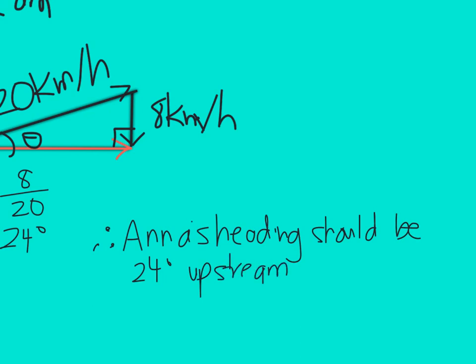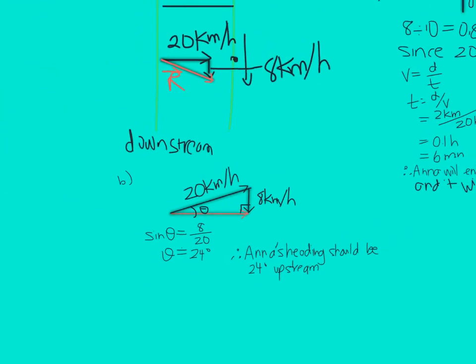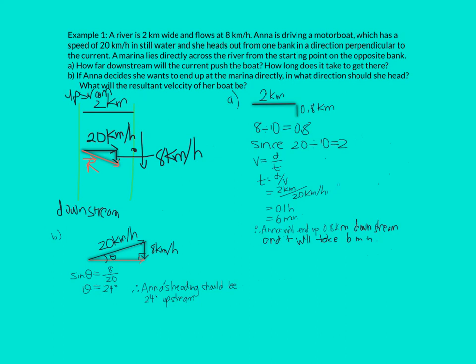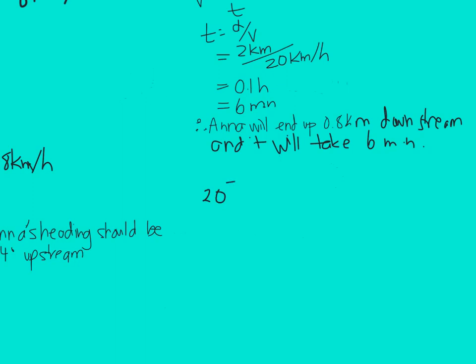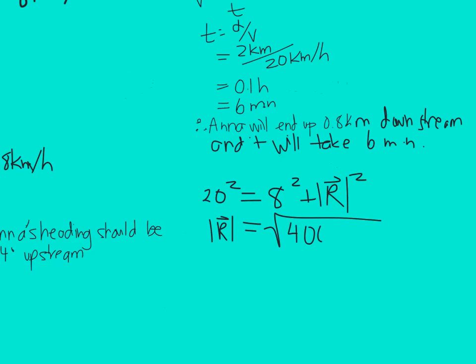And now we want to know what the actual magnitude is of our resultant vector. That's the second part of our question, right, is what will the resultant velocity of her boat be? And so we need to find the value for the resultant vector, the red vector in that diagram. And you can see again it's a right triangle, so actually Pythagorean theorem will work nicely for this. So 20 squared will be 8 squared plus the magnitude of resultant squared, which means the magnitude of this guy will be 400 minus 64 square rooted, which will give approximately